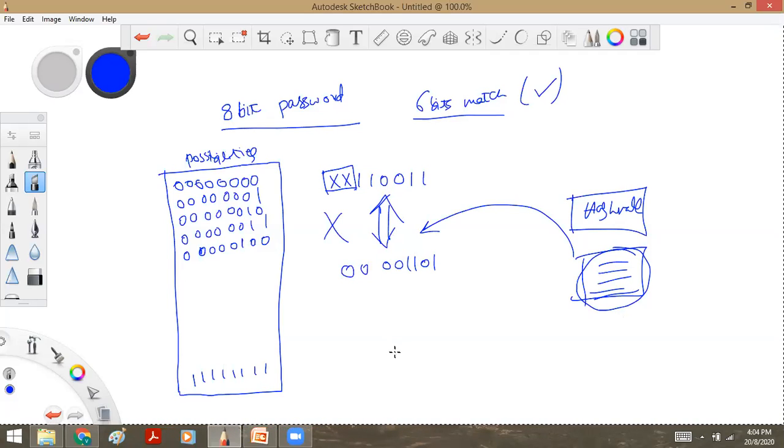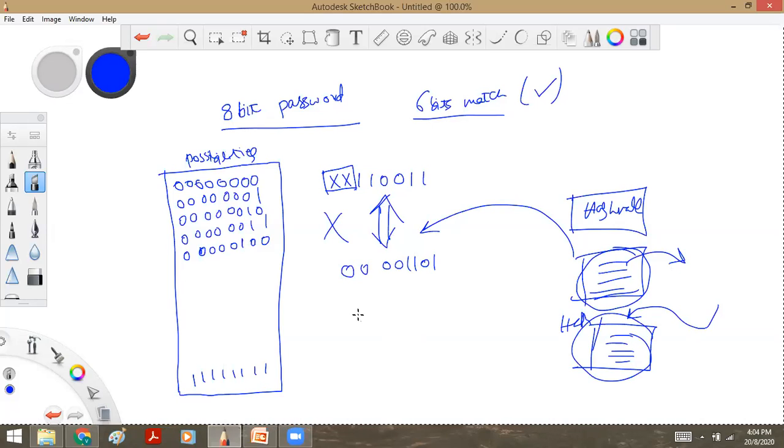Now you removed a few transactions, and you added new transactions which came in, which were broadcasted by other users. Now you have new transactions and you calculated the hash value, and the hash value you got is 1 1 1 1 0 0 1 1. Then you are considered to have solved the puzzle, because at least 6 bits are matching.